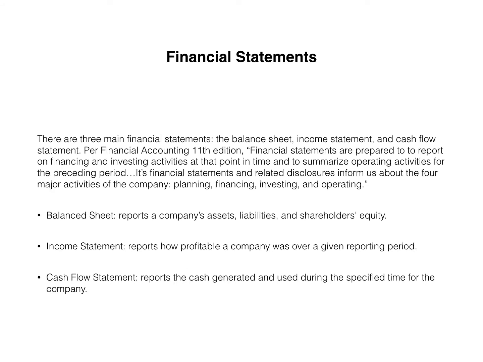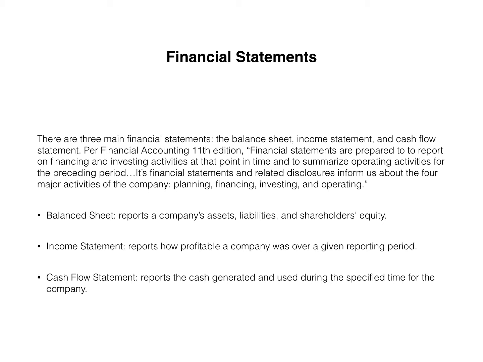Financial statements. There are three main financial statements: the balance sheet, the income statement, and the cash flow statement. Per Financial Accounting, 11th edition, financial statements are prepared to report on financing and investing activities at the point in time and to summarize operating activities for the preceding period. Financial statements and related disclosures inform us about the four major activities of a company: planning, financing, investing, and